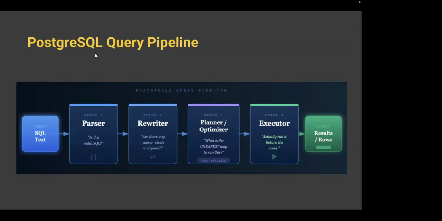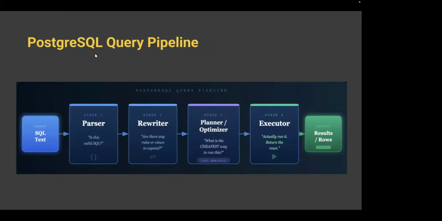And for this, it performs a number of steps that we'll discuss in detail going forward. And then it generates a plan and forwards that plan to the executor. And the job of the executor is to simply execute that plan. And for doing that, it will go to disk, read pages, evaluate the conditions,